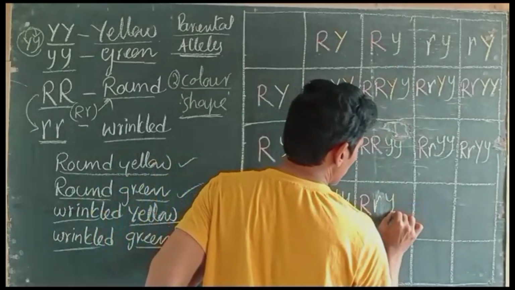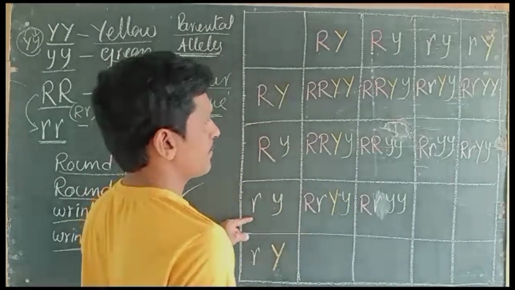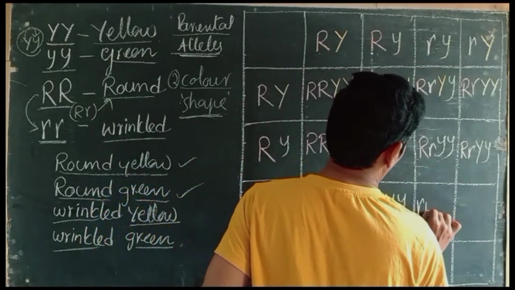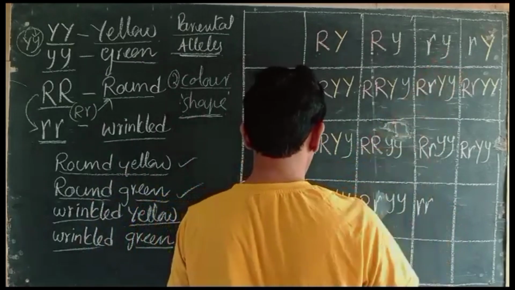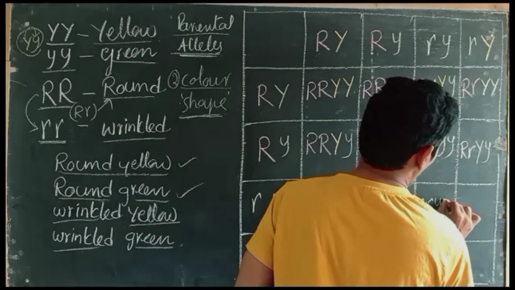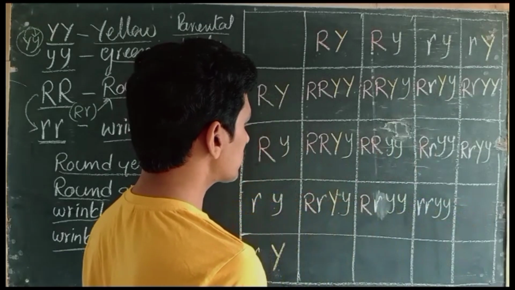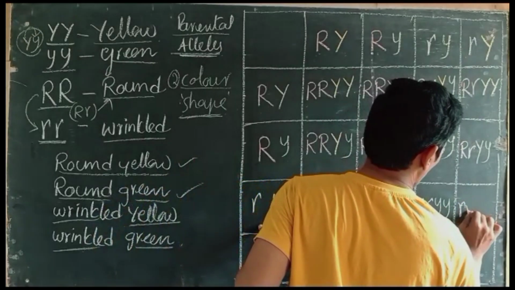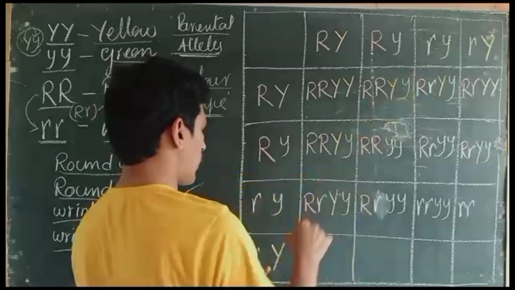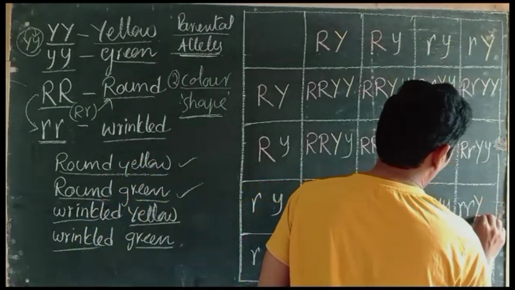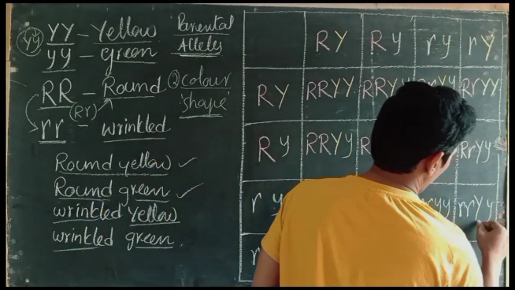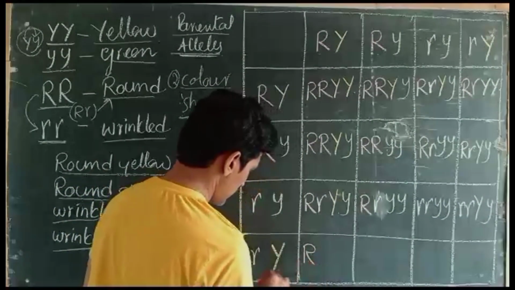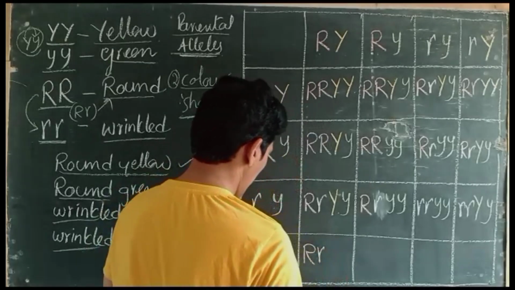Both are the same characters, small y. Latter small r, both are small r's only, small r, and small y. Smaller, and capital Y, small y, capital Y, small y, right? Latter, capital R, capital Y,